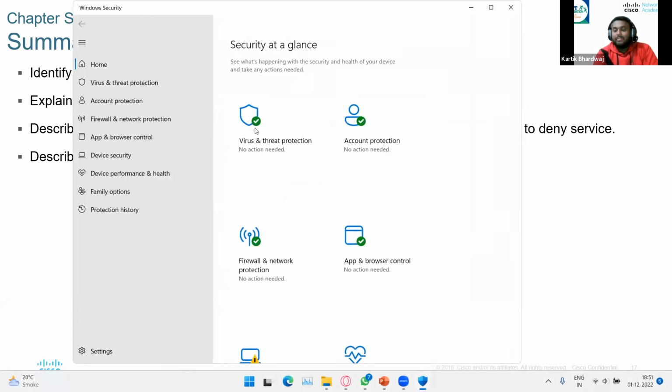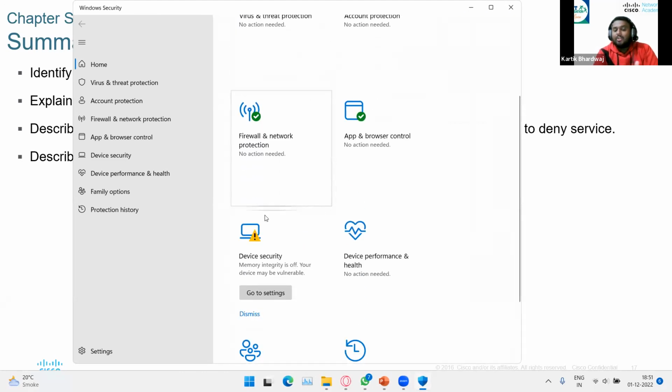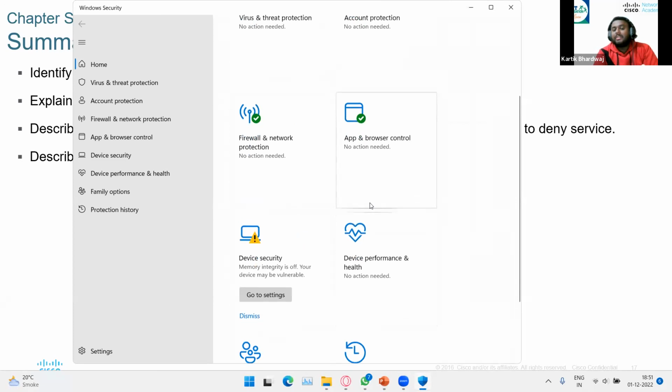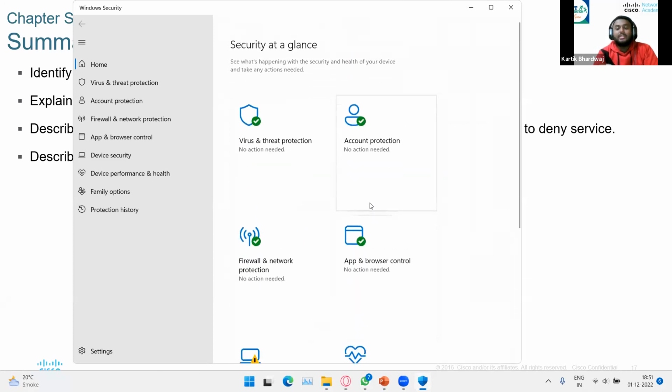It comes by default in your Windows 10 and Windows 11, and it has the ability of protecting your computer from malwares and viruses. If there is a virus inside your system, it will automatically detect it and show you a notification that this is a file that contains a malware, and I won't give you access to it unless or until you decide to delete it. Right? So make sure that this security feature, this defender of yours that is embedded into the system, is updated